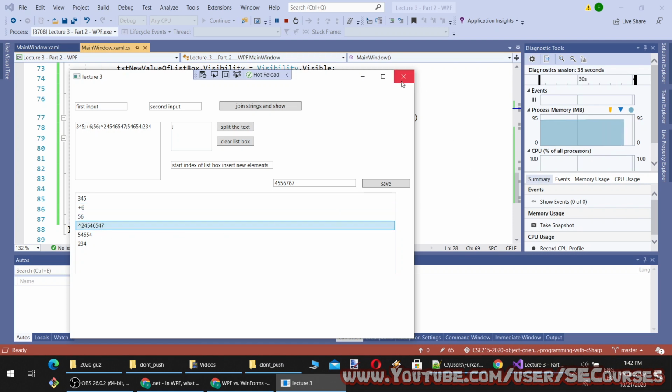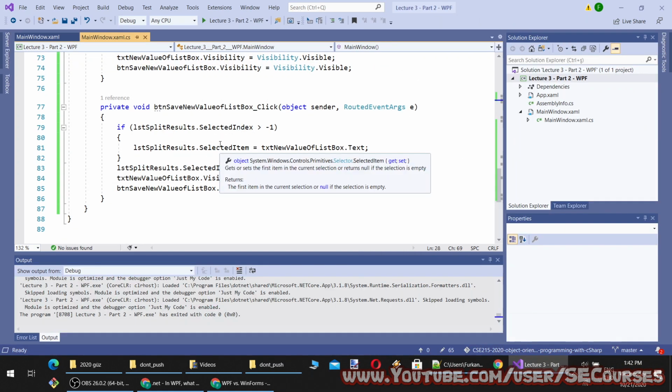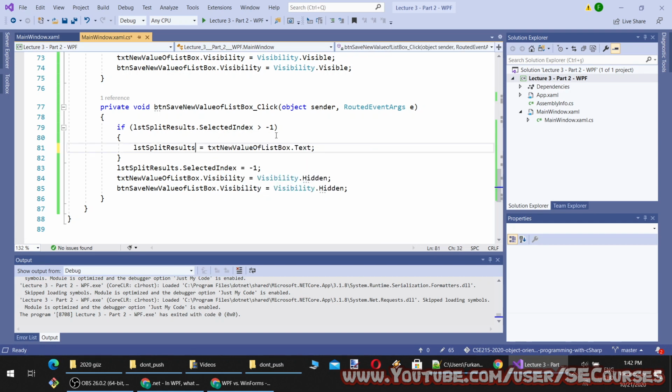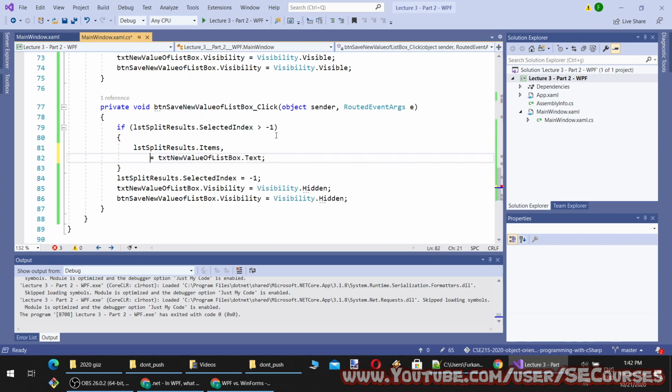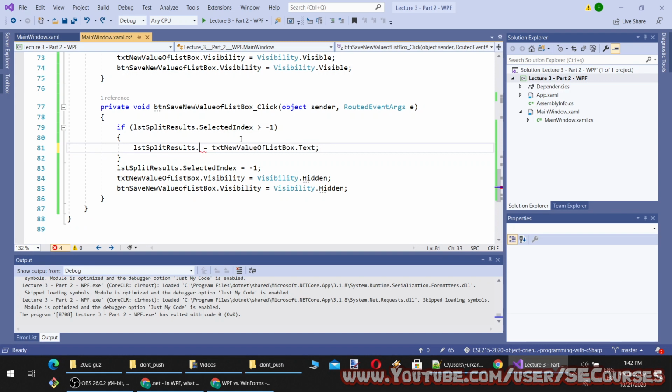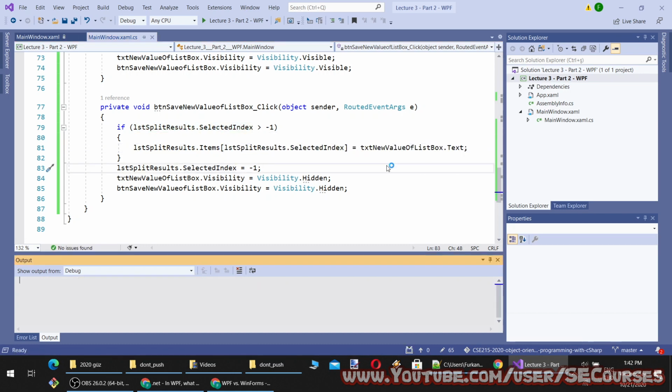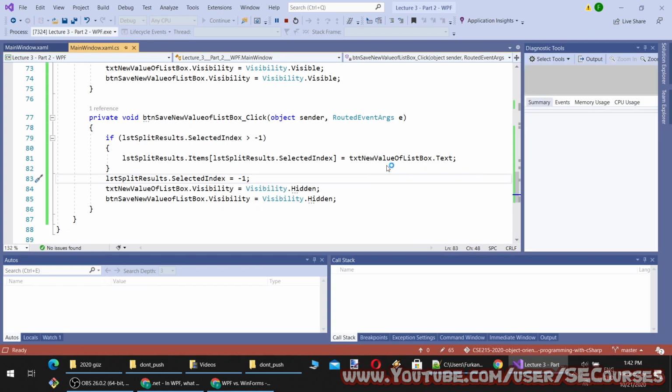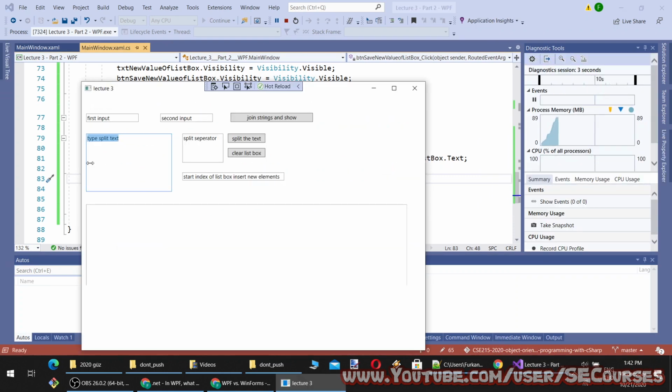Okay. So we have an error here. I will make it items, not selected item. Like this. Let's check it out. And then use this text.